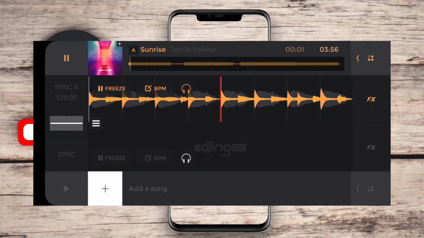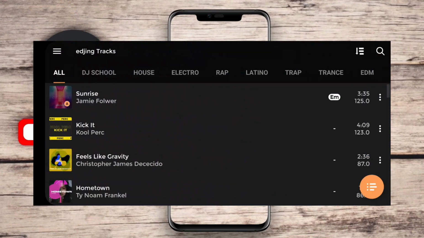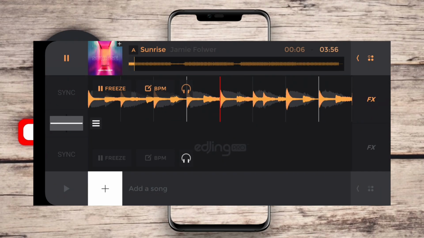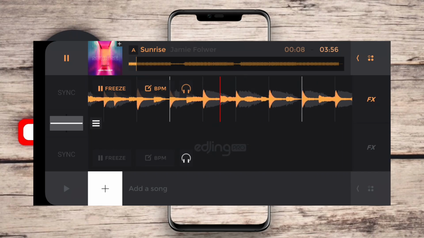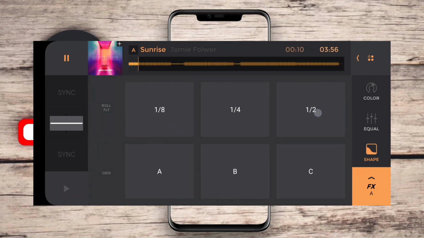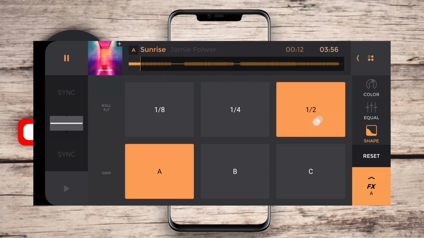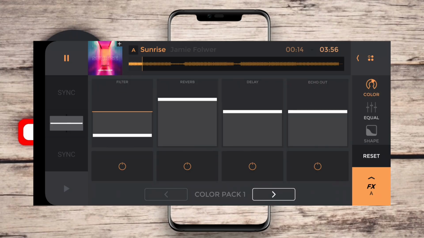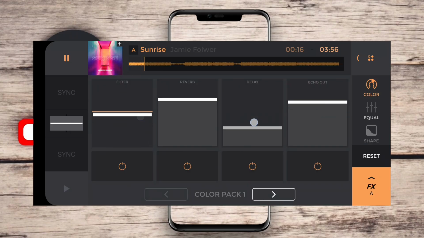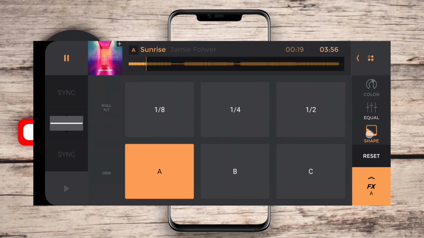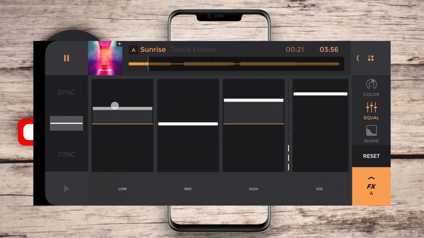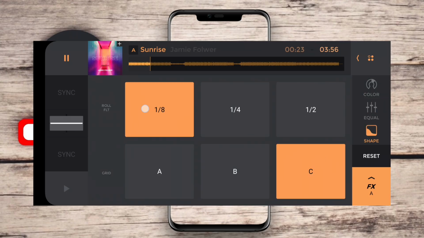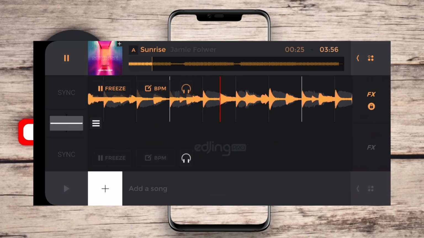A music DJ mixer application is an Android tool designed for aspiring DJs and music enthusiasts to create, mix, and manipulate music tracks on their mobile devices. This app typically offers a range of features that allow users to blend different audio tracks seamlessly, apply effects, and create unique mixes. Key features often include multiple audio decks for simultaneous playback of tracks, an intuitive interface for controlling